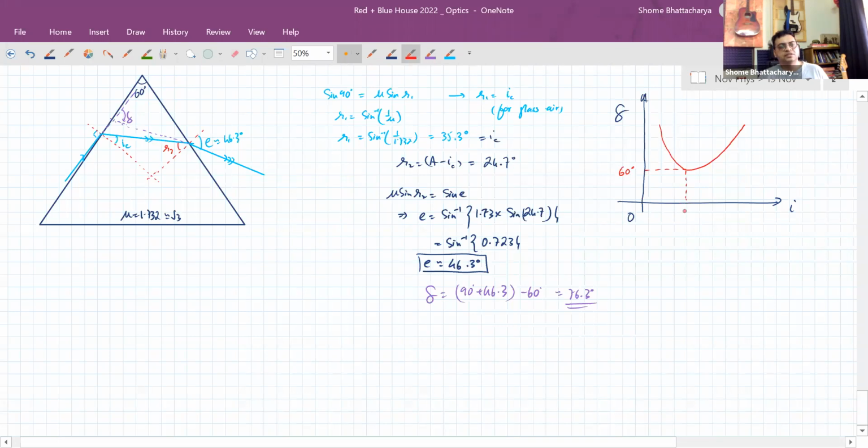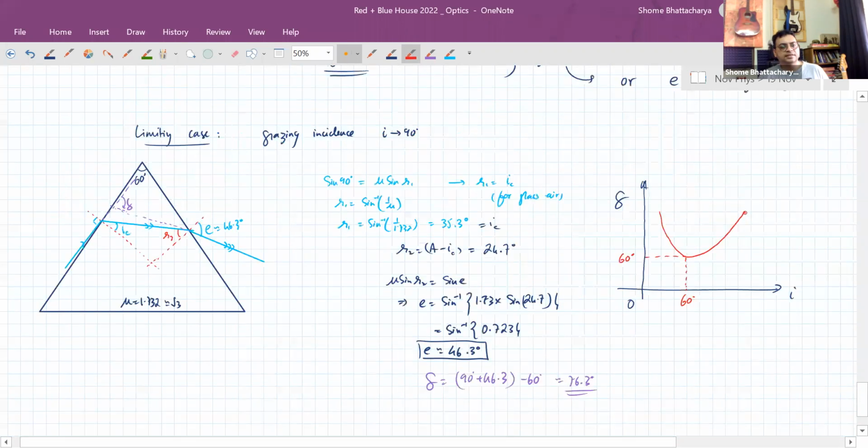$60 for an angle of incidence equal to 60 degrees. Now from there, if I increase the angle of incidence, I can take it all the way to about 90 degrees. But that will give me a deviation of about 76.3 degrees. On the other hand, I can also see that this value will actually be the angle of emergence. This will be 46.3 degrees. So I can either take i tending to 90 degrees, then emergence will be equal to 46.3